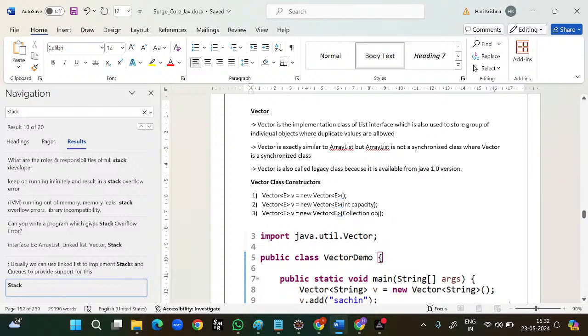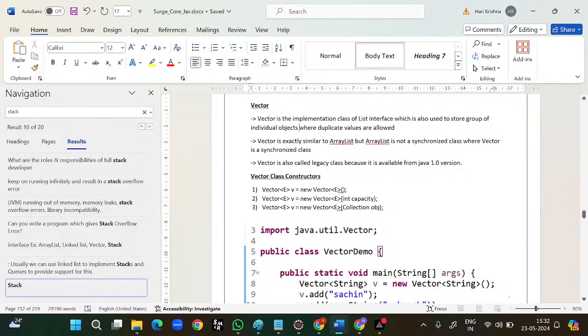Why? Because we are using the index based, meaning the beauty of array and vector is based on the index positions. We can store the values and we can retrieve the values. So the second point you can observe, vector is exactly similar to array list, but